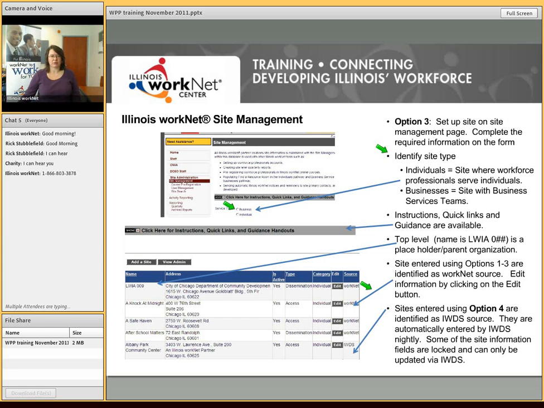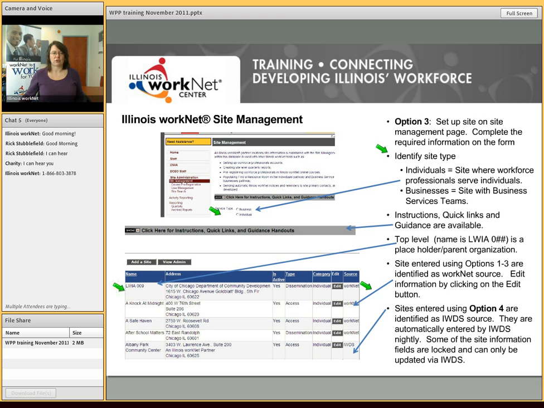So you select the appropriate site, and based on that, you'll have the information that you need to include based on the type of site that you add and how you answer the questions. And then that would be added to your site management list. And you'll see your entire location, your site, and at the top, especially for coordinators and managers,